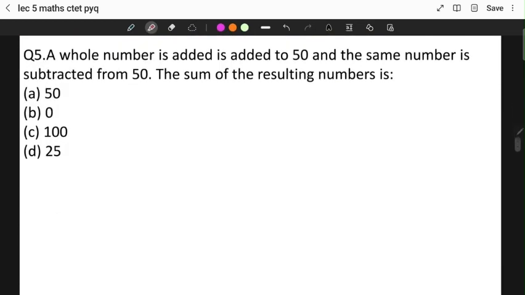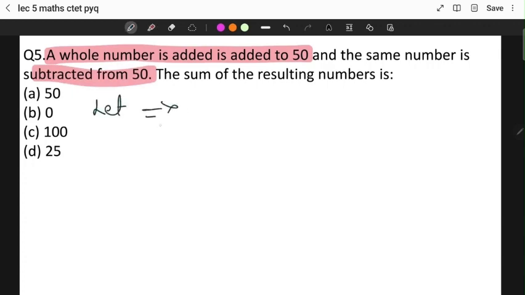A whole number is added to 50 and the same number is subtracted from 50. The summation of the result is what? Option A is 50, option B 0, option C 100, option D 25. So let us first understand the question: a whole number is added to 50 and the same number is subtracted from 50, the sum of the results is what? First, we don't know the whole number, so let the whole number